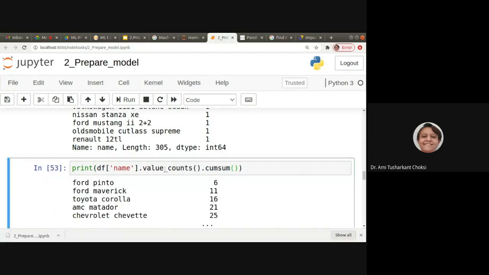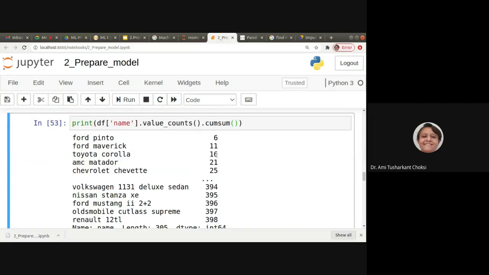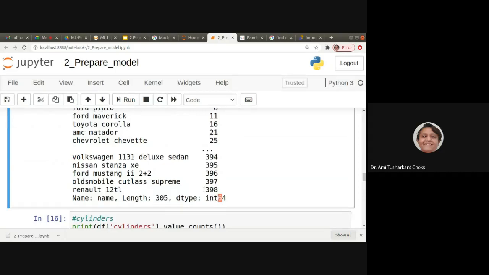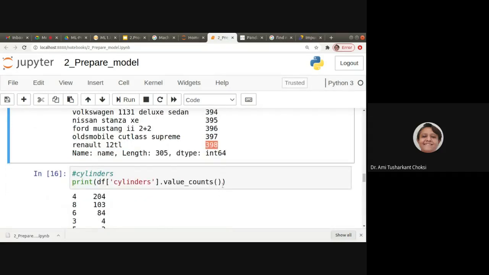So we'll be able to see it as 6, then 11, then 16, and at last we can see it as 398. For this particular data set, the number of records is 398, so that must be there at the end. Otherwise, we have made some mistake.